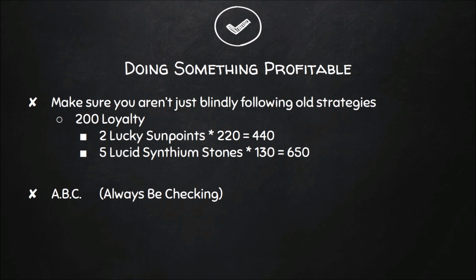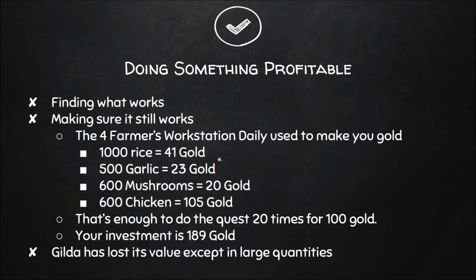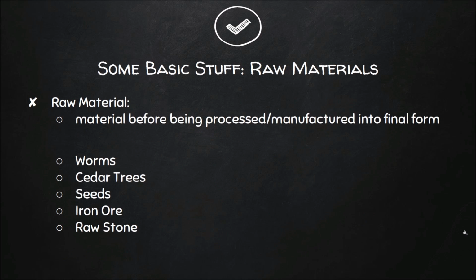So the ABC principle from economics comes in. Always be checking. Always be checking your numbers. Always be checking. Something as small as, I'm going to switch back here real quick, something as small as a 3 gold change in the price of a stack of rice could have a trickle-down effect. And you need to be checking that stuff. You need to be paying attention. If you want to be successful in an MMO with a player-driven economy, you're going to have a basic grasp